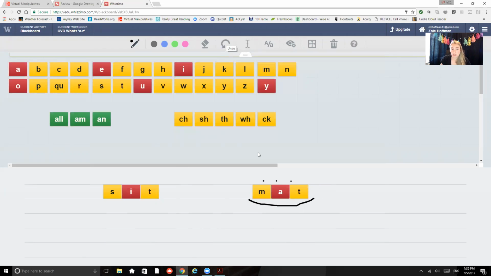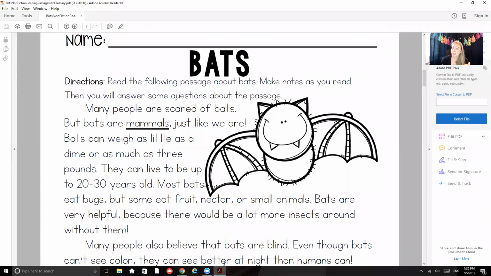The last thing I want to show you is that if we're reading together, we can be pulling the passages up on the computer to read together and work through. And the drawing tool has a highlighter that you can use. So I can have my students highlight in different colors. So we might be talking about how bats are mammals, so we might highlight this portion right here. Or if we're trying to find evidence for our answers that we do below, we can come back up and highlight those in the passage. Right in the margins, anything that you would do in reading instruction in person can be done online with these awesome tools. So that is a very brief overview of what we can do in online tutoring